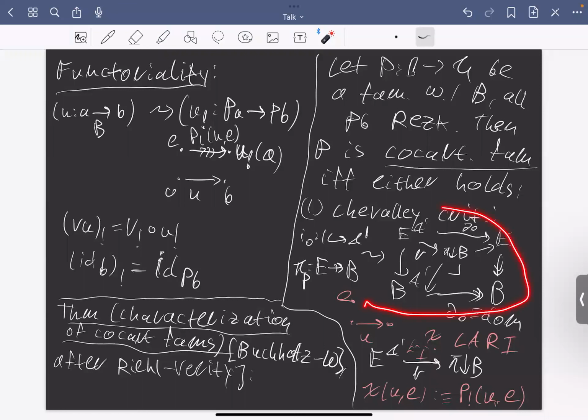This criterion is very important because it implies a lot of the closure properties of these fibrations that we care about. For instance, stability under pullback or stability under taking sections, or just composition. Okay, so let me just mention there also exists a fibered left adjoint criterion,